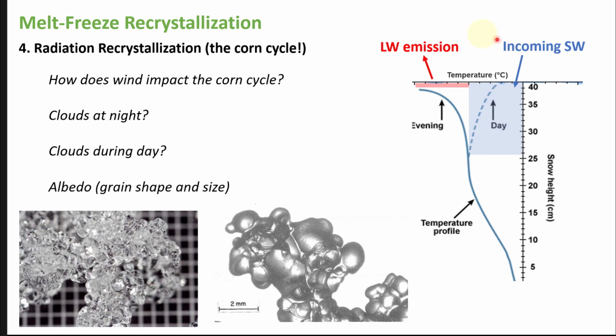What happens if you have clouds overnight? So that's during the long wave emission step. What happens when you have clouds during the day? So that's affecting more the incoming shortwave. What happens when the grain shape and size get larger, so later season, older snow? And what happens when you have vegetation or trees that are adjacent to the section that you're evaluating or studying? So think about all those things on the impacts of these physical processes and see if you can come up